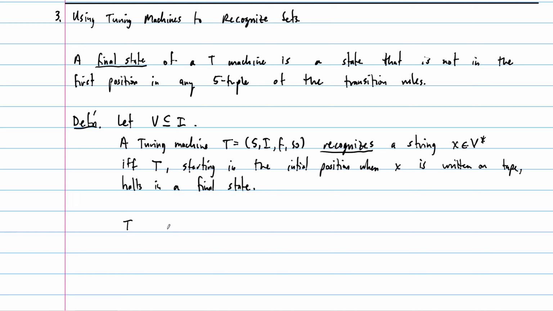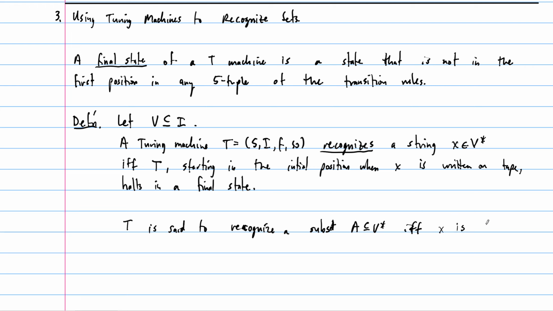So let me write it out. T is said to recognize a subset A of V star if and only if